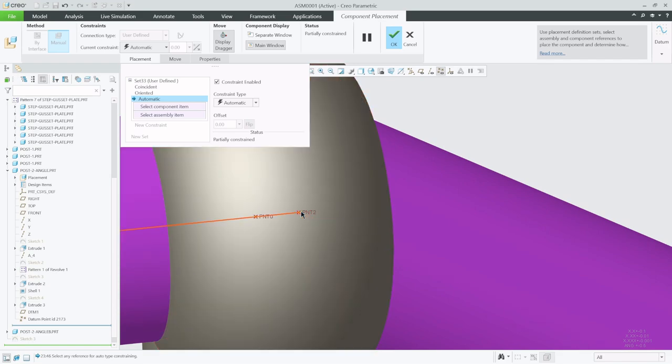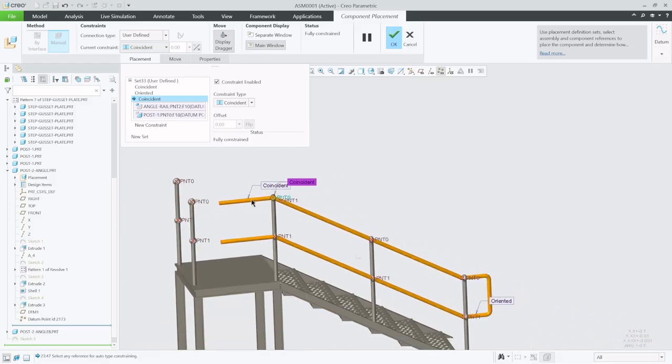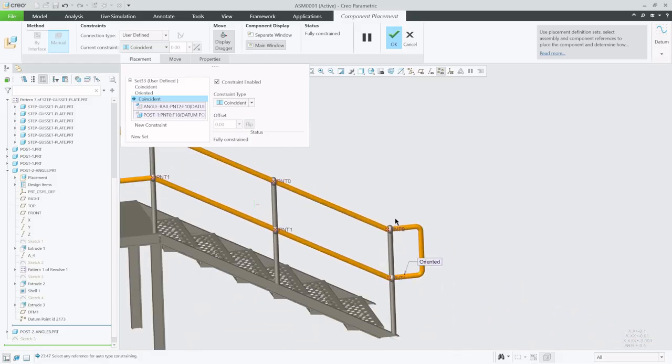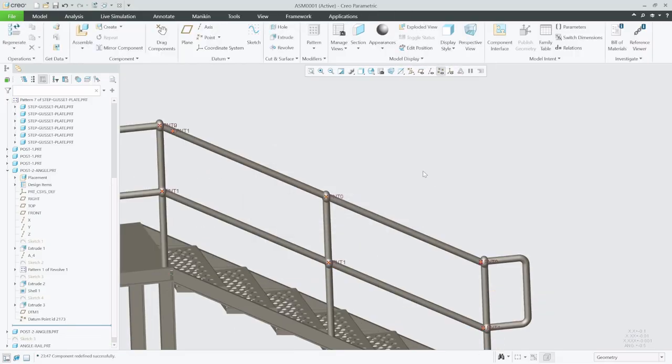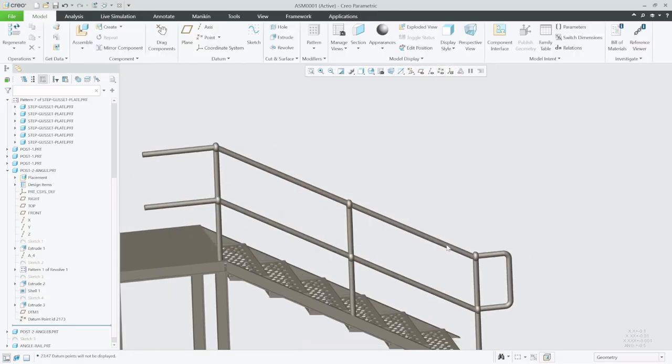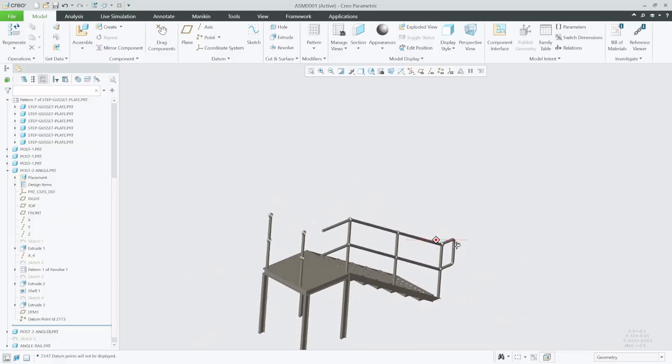Oh, I suppose that would also work, but we mainly want that point. That one. And then we're going to select, I guess, that one. And then, yes, okay, yeah, that's what I wanted. Okay, then we say okay. We're going to move our points. There is your angle rail. Okay, now